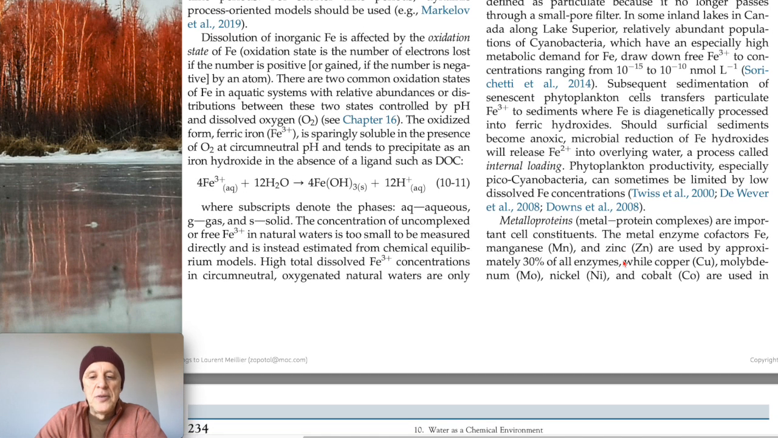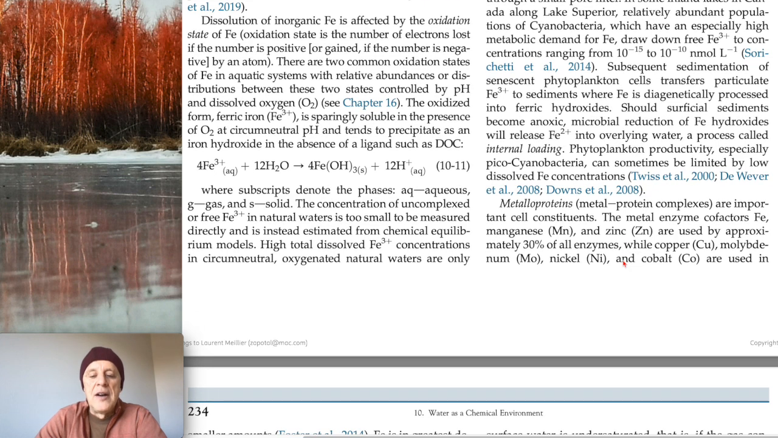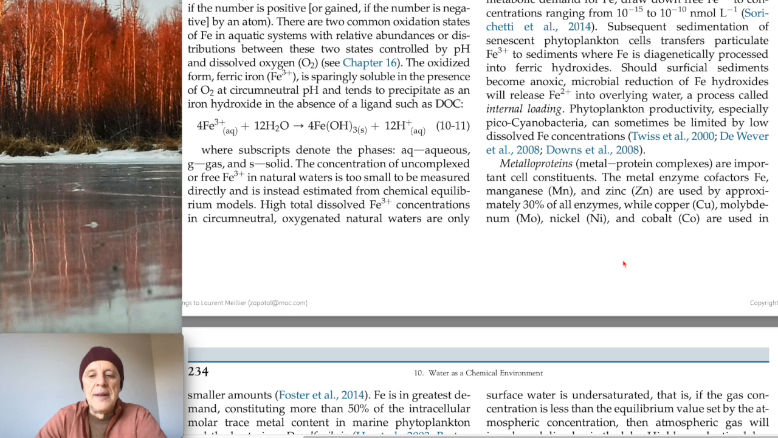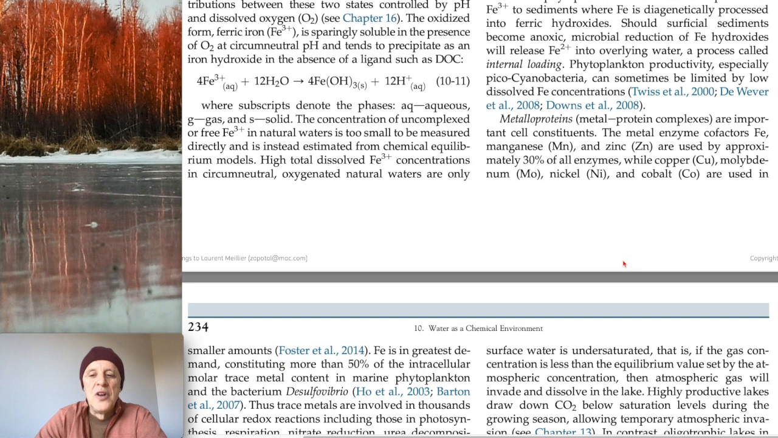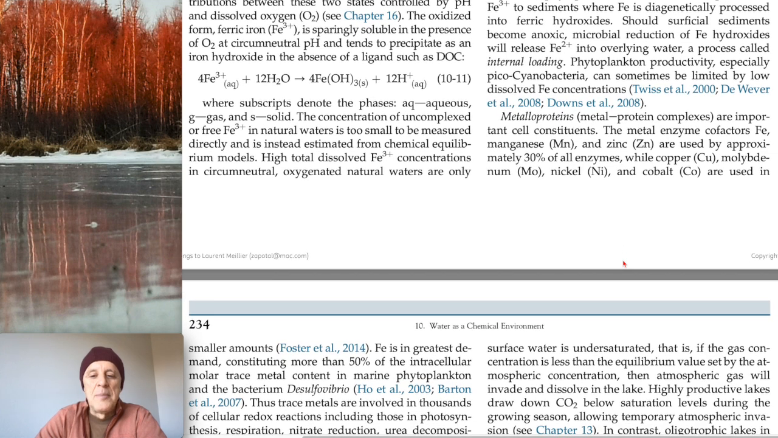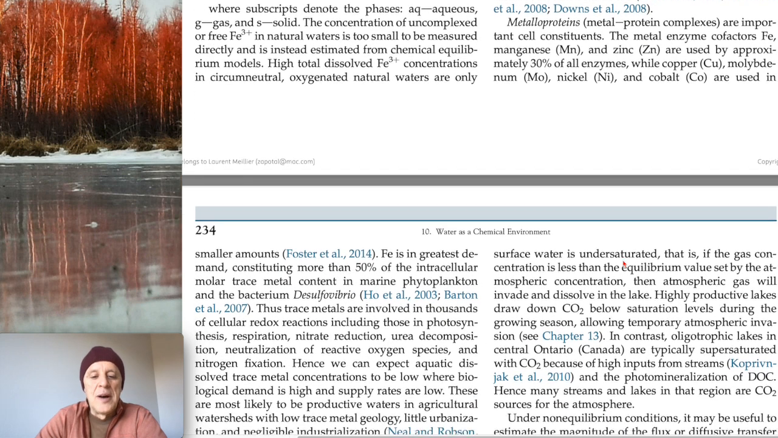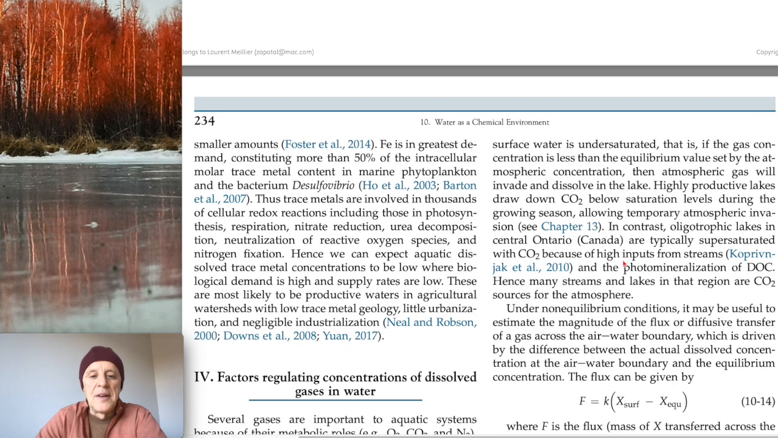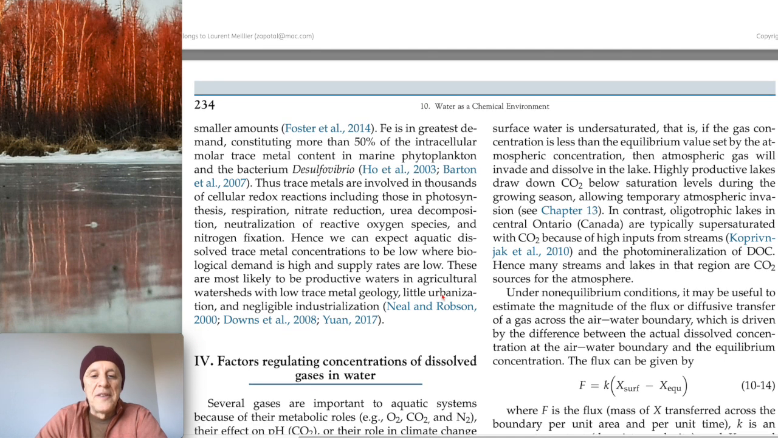Phytoplankton productivity, especially picocyanobacteria, can sometimes be limited by low dissolved iron concentration. Metalloprotein, metal protein complexes are important cell constituents. The metal enzyme cofactors iron, manganese, and zinc are used by approximately 30% of all enzymes, while copper, molybdenum, nickel, and cobalt are used in smaller amounts. Iron is in greatest demand, constituting more than 50% of the intracellular molar trace metal content in marine phytoplankton and